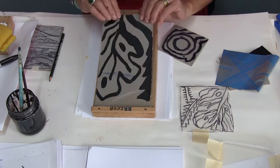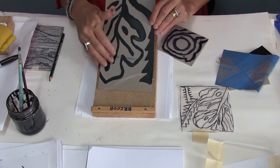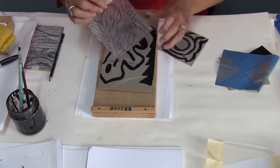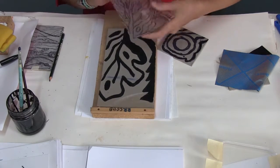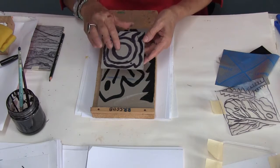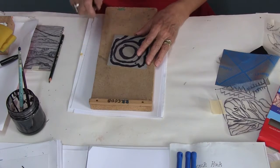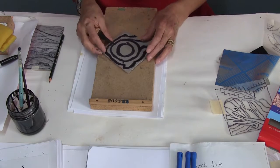I got this one here just to show you that you can also work in a larger size. This is a detail, a section of my design here. And I have a very simple one that I have selected to actually cut on camera. I have here the bench hook, my little knife, this is my personal knife, so I'll just use this, and